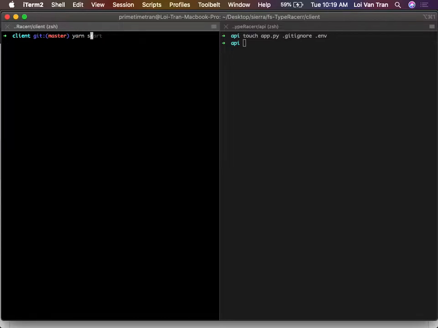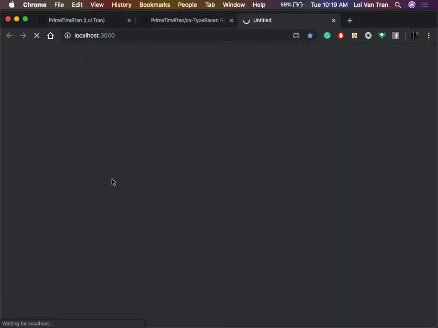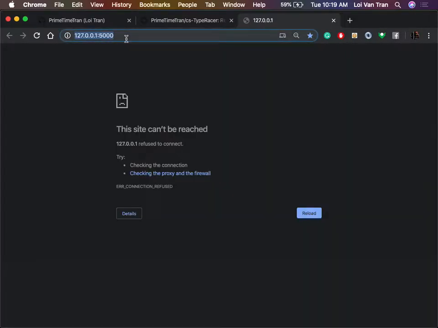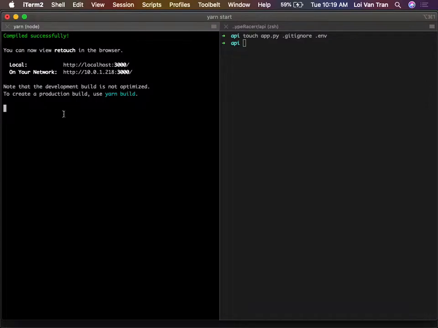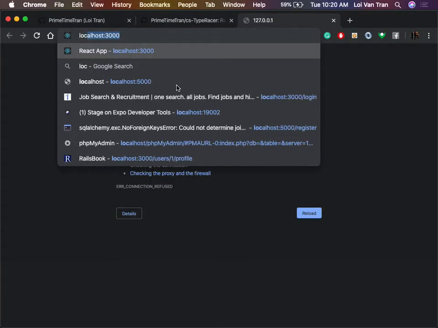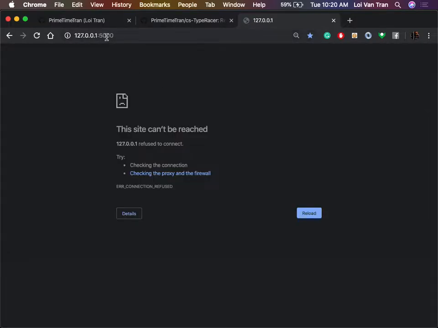yarn start. And if everything went okay, I expect us to be redirected to 127.0.0.1:5000. What do you expect to have happen whenever we run yarn start on a React application? That is 100% right. If we go to localhost 3000, that application loaded for a second, but then we got kicked over to